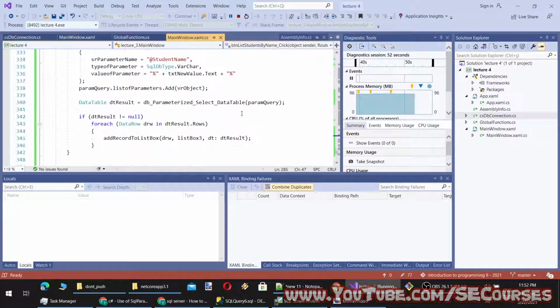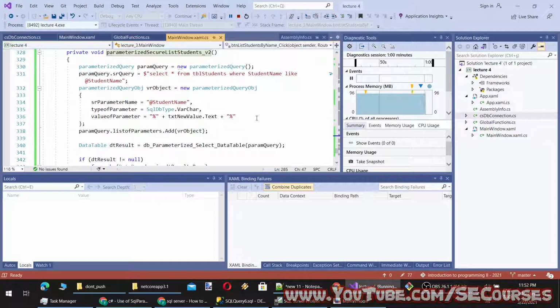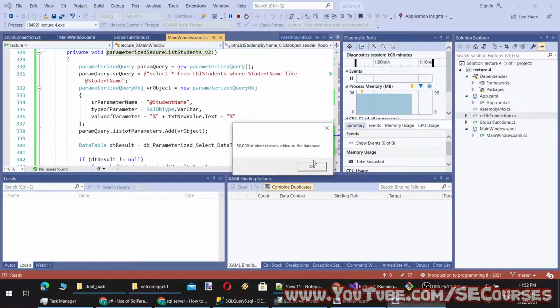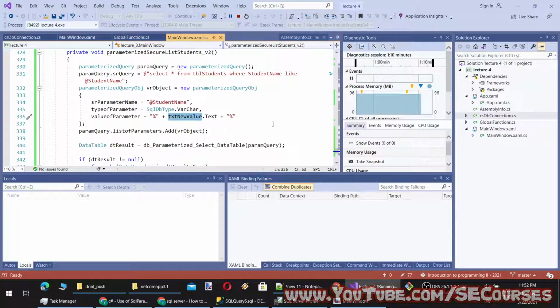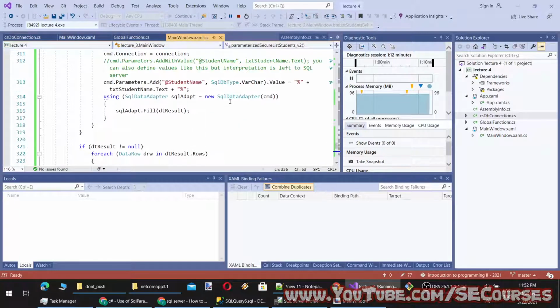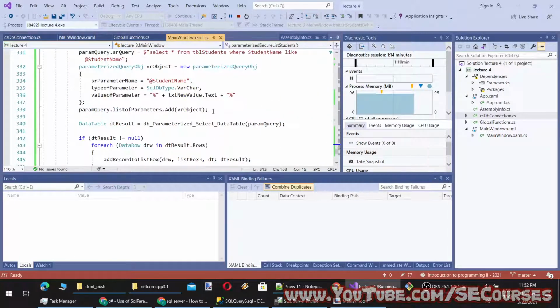Let's see what could be the problem here. We have set the query. We have set parameter name, type of parameter, value of parameter. Oh, this is the incorrect text. We have to use the txt student name.